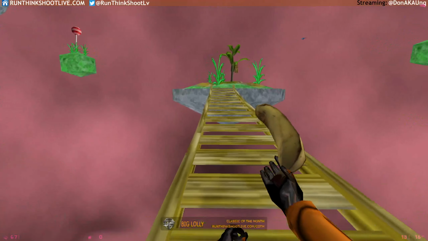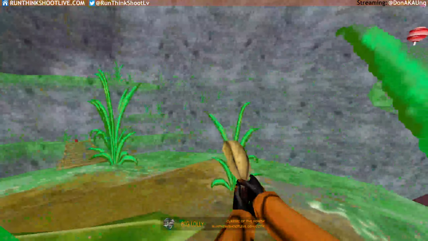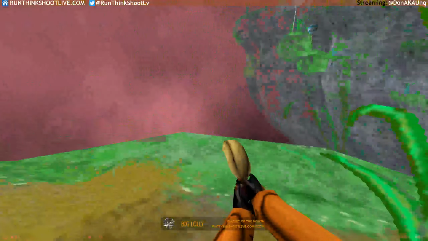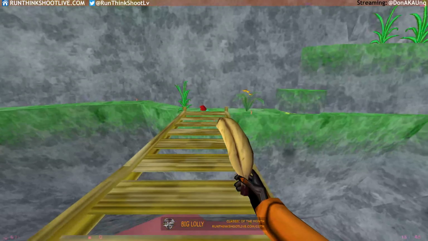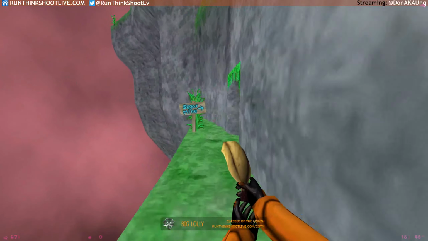I don't know what this banana is supposed to be shooting, but whatever. I mean, it's Glock bullets, but it's not, right? In universe, I don't know what this is shooting. So yeah. Anyway, going back to my story